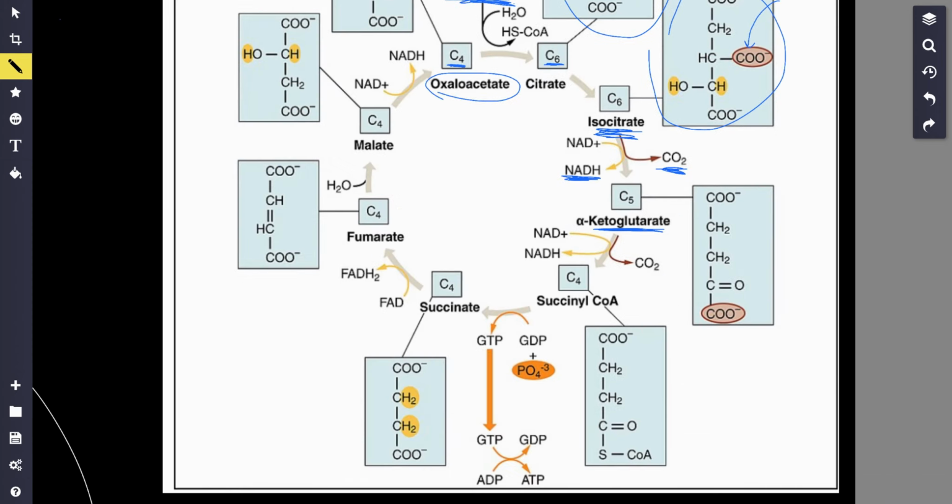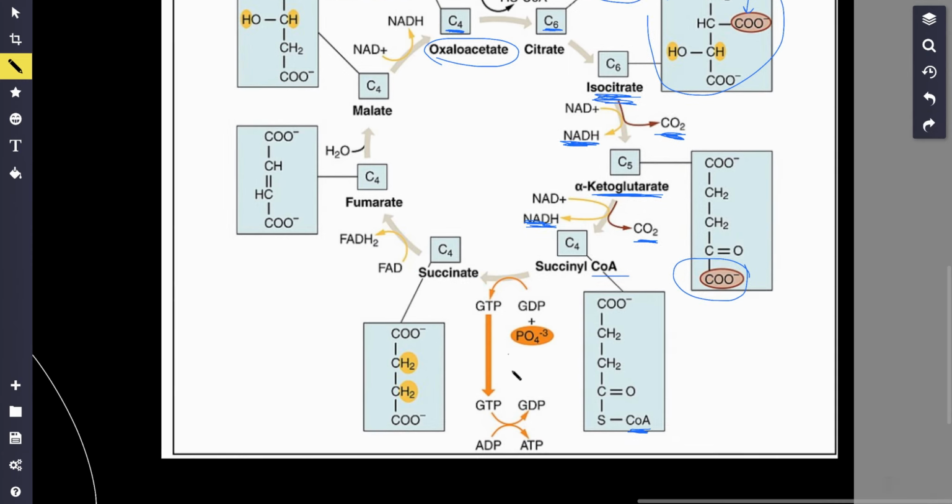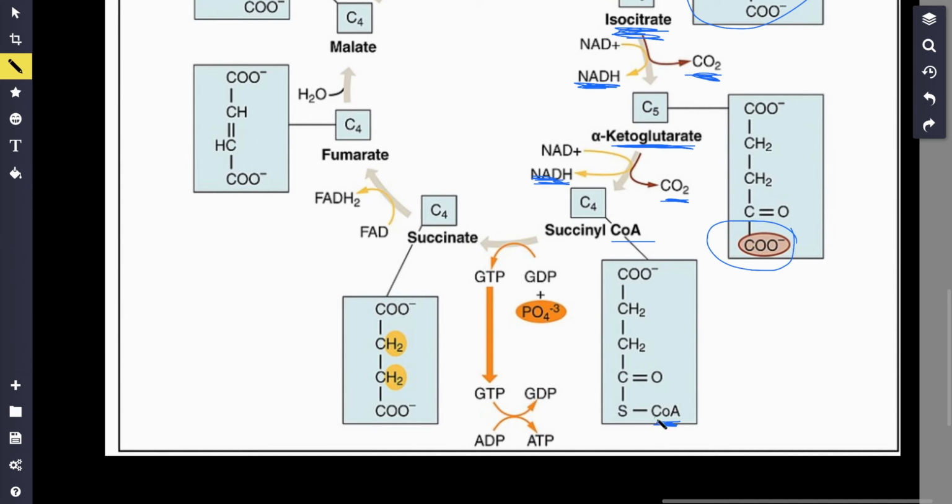Now the CoA, the coenzyme A, is actually going to come back into the reaction here, and from alpha ketoglutarate to succinyl-CoA, we are going to release another CO2, and we're going to gain another NADH. All right, and there we go. Now from succinyl-CoA to succinate, right over here, what has happened? It looks like the CoA, the coenzyme A, has gone out of the way, and